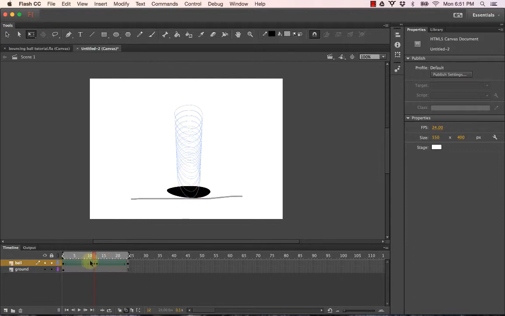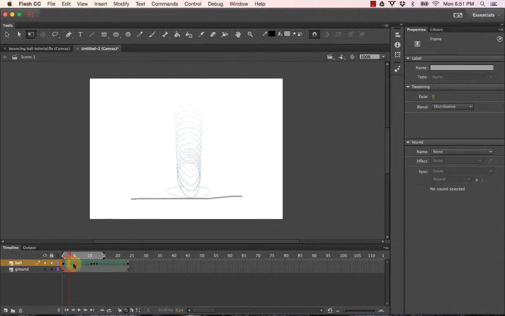So to create the illusion of gravity here, we want to use a principle called easing in or easing out. So I can just go here and I'm going to left click on any point in this arrow here. Just left click anywhere. And then over here on the right hand side, see how it says tweening? And then there's this value for ease. So if I ease